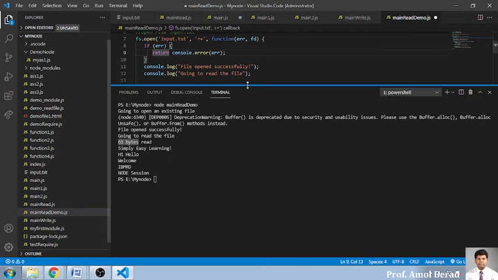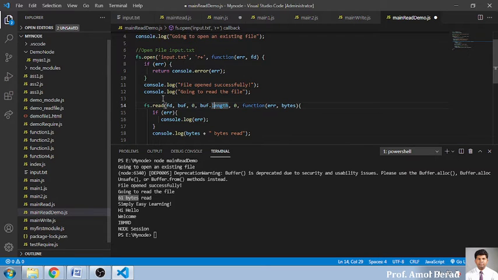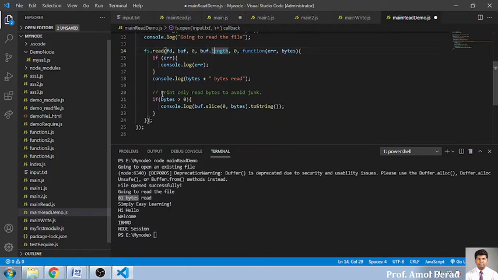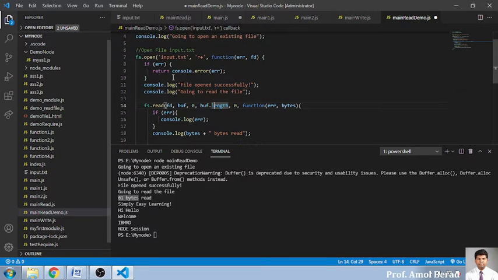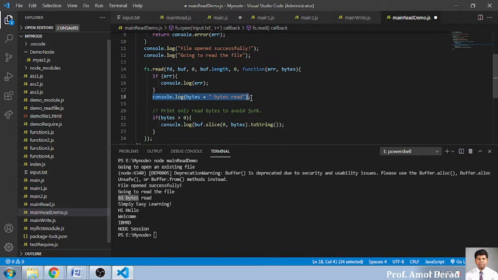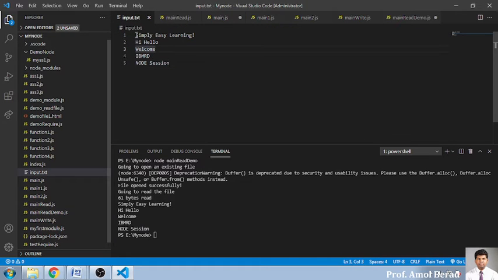Here we have shown console.log of bytes. So it reads the file and specifies that it has 61 bytes, and the individual line will be displayed using toString: simple, easy learning, hi, hello, welcome, IBA node session, because the same thing we have entered over here.